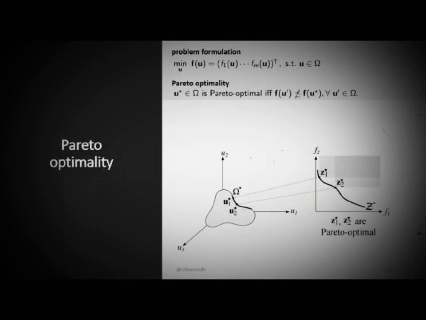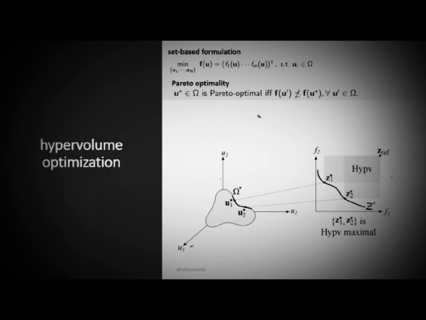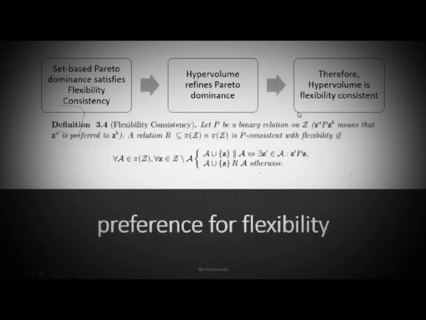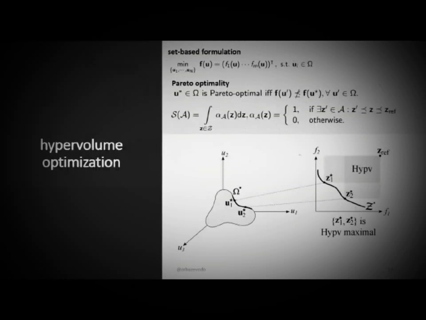And now you can say that this is the distribution that maximizes the hypervolume, then this is preferable in the multi-objective optimization sense. So this is the performance function that we're going to use. And this is the metric. Don't worry very much about the mathematical formulation. But now let me try to explain and justify why we are selecting the hypervolume for this particular model. So the hypervolume refines the Pareto dominance. So the Pareto dominance is the dominance that I just showed to you.